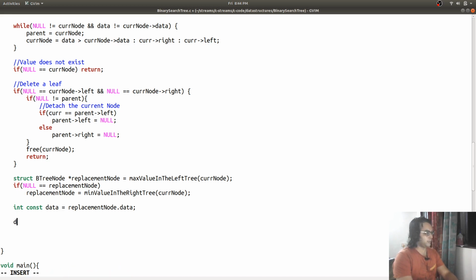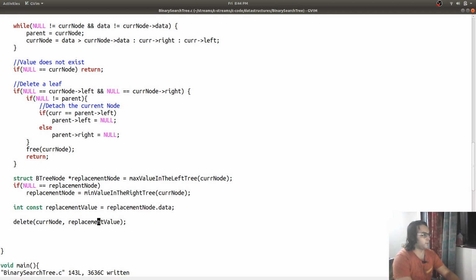We have to store the data, then we are going to say delete current node, then replacement value.